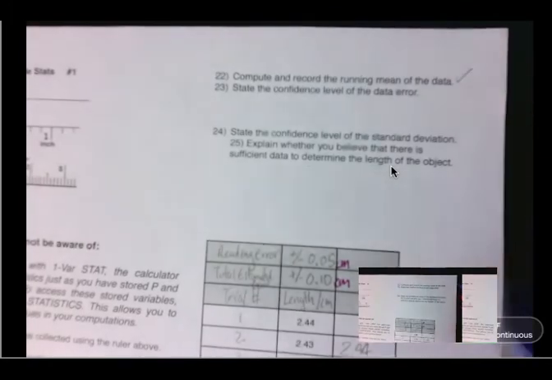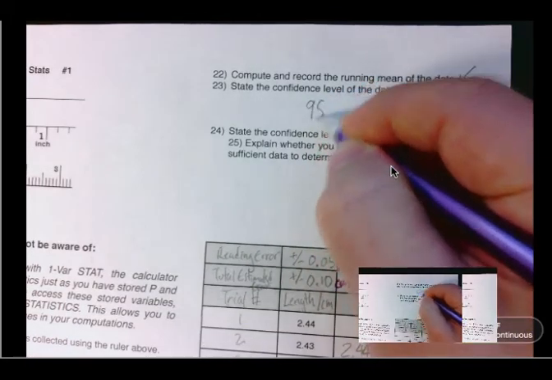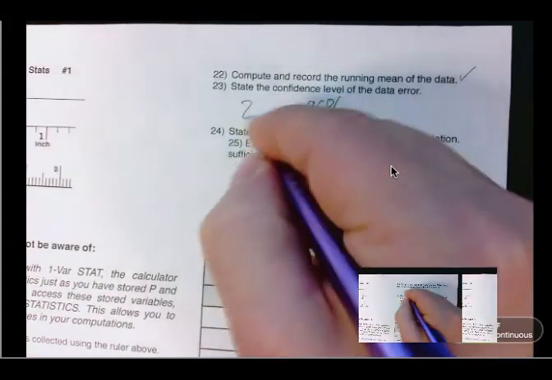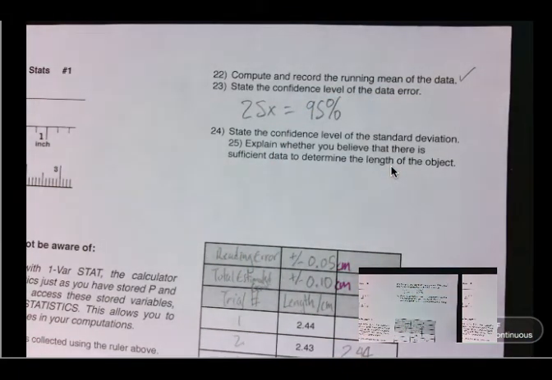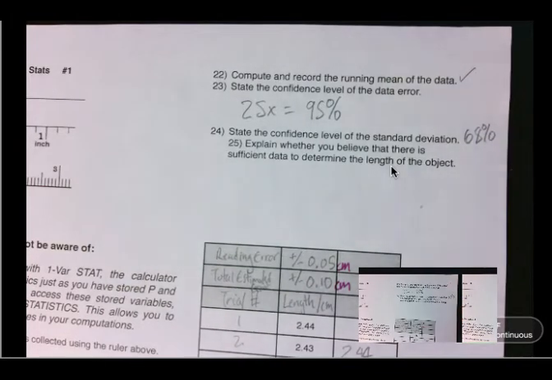State the confidence interval of the data error. Well, that is 95%. That is because 2 times SX is 95% of the data. State the confidence interval of the standard deviation. That would be 68%. Now, very quickly, the concept here is that the data